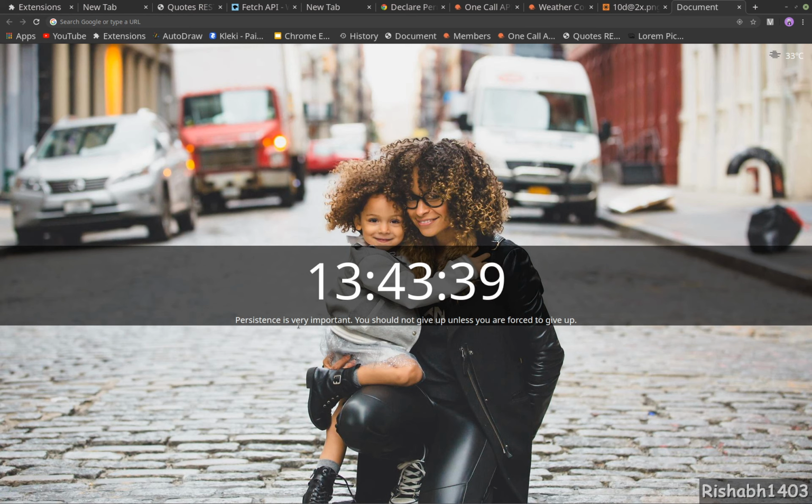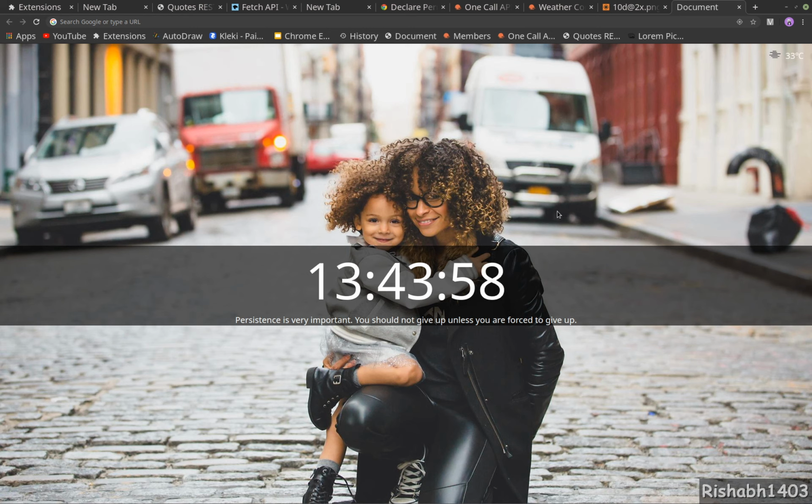Definitely this is not looking very good. I mean, we should have something to wrap the whole black background in the right and the left. But for now, let's go ahead with this. You can see the time, you can see the temperature. So yeah, this is a little bit of styling that I want to do.